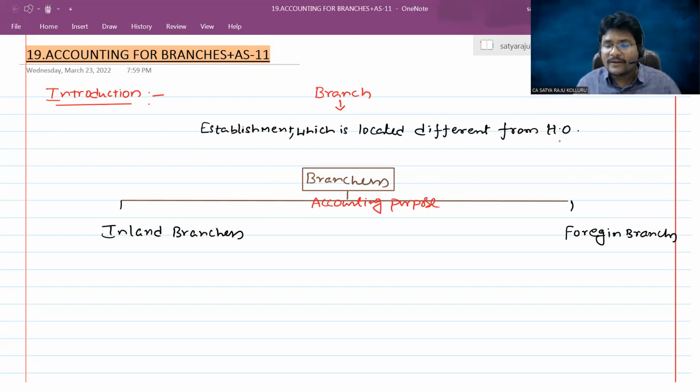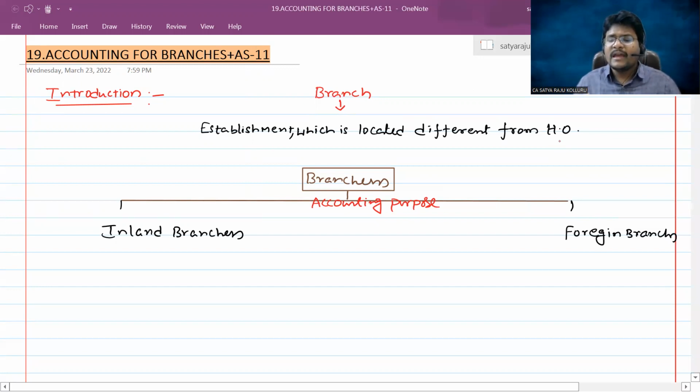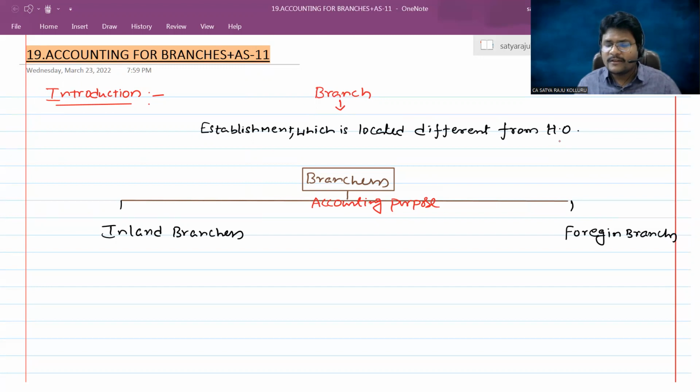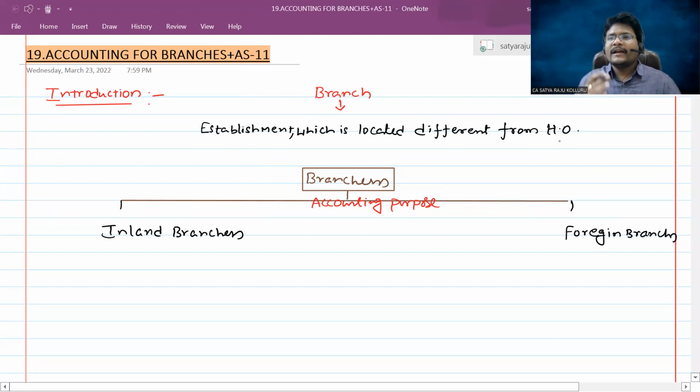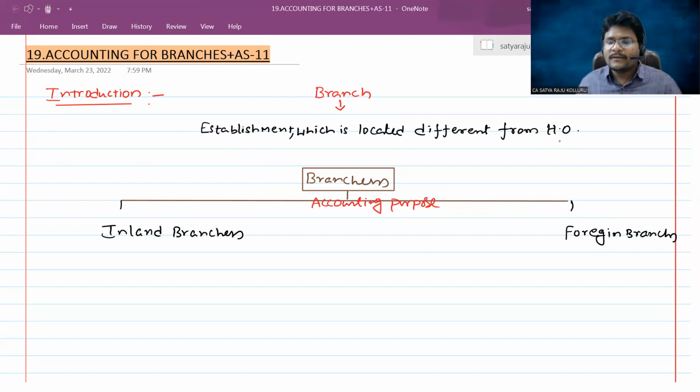But in the case of branch accounts, the branch conducts activities more or less equal to the head office. I mean, both head office and branch are in the same line of business activities. Am I right? For example, if the head office is in the education industry, then the branch will also offer its services in the education industry. If I can take up banking companies, you know the SBI, the State Bank of India,